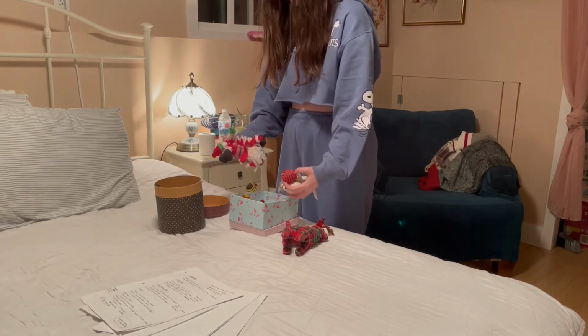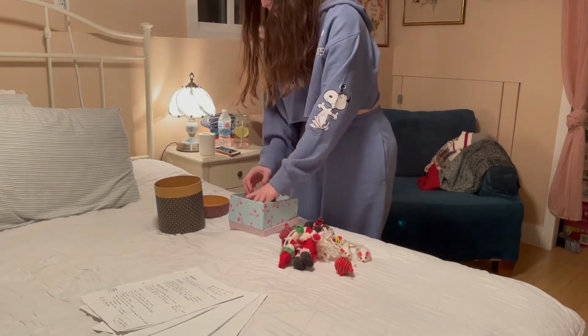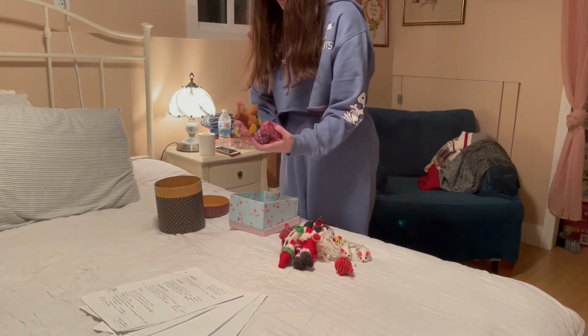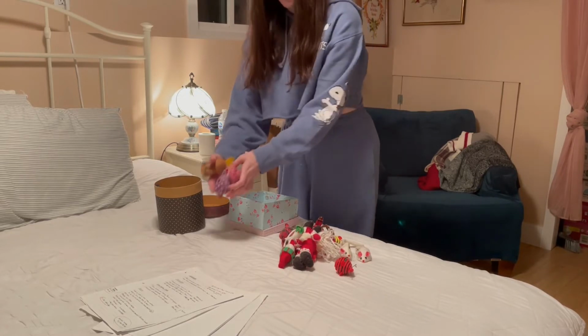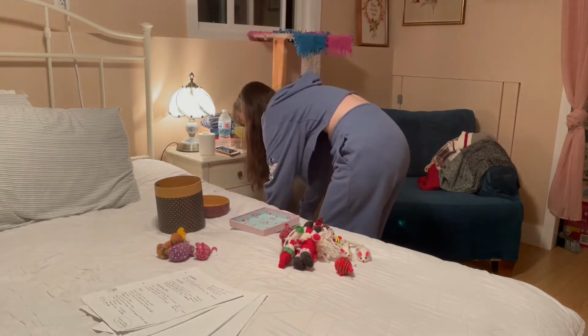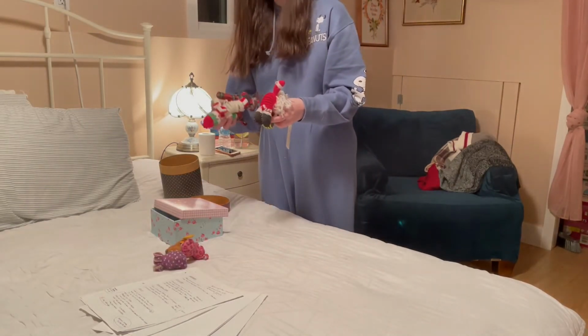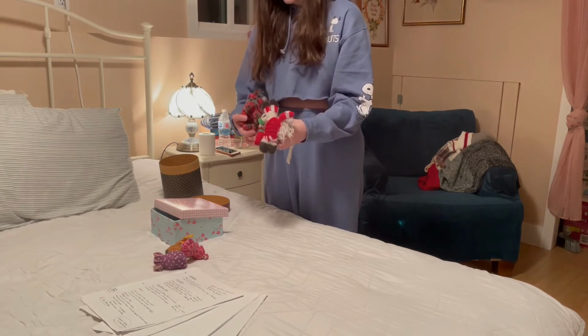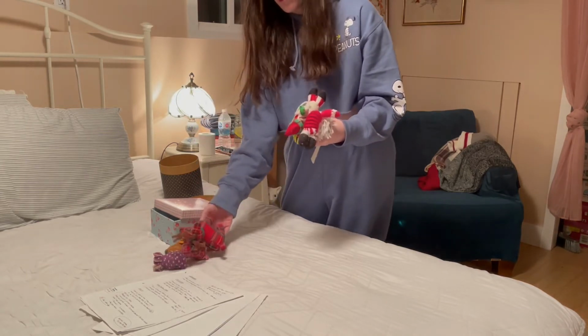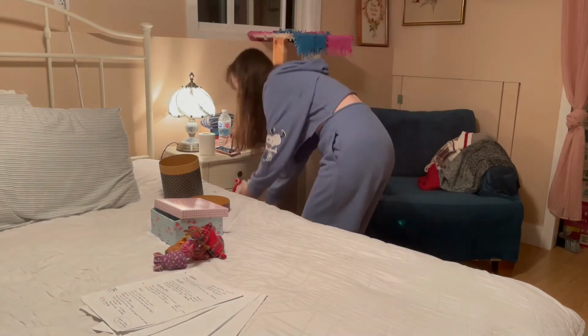Ew. It's full of cat litter and stuff. These were Shorty's favorite. They're so filthy. She didn't play with them much. And all of these can go in the garbage because she never really did play with them. Well, I'll keep this guy because he's cute. He was supposed to be a decoration and then Shorty stole it, but...